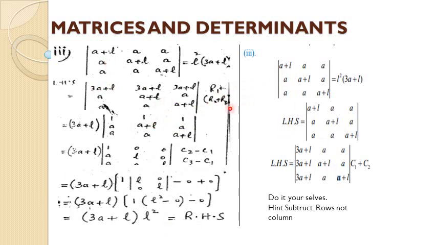Okay, so in determinant properties, there is no particular property that we have to use. So that's why I just added two things. Now row 2, row 3, I am adding row 1, so 3a plus l, 3a plus l, 3a plus l. So in the next step, what should I take common? 3a plus l from row 1, so I took 3a plus l common, and 1 1 1 is remaining.